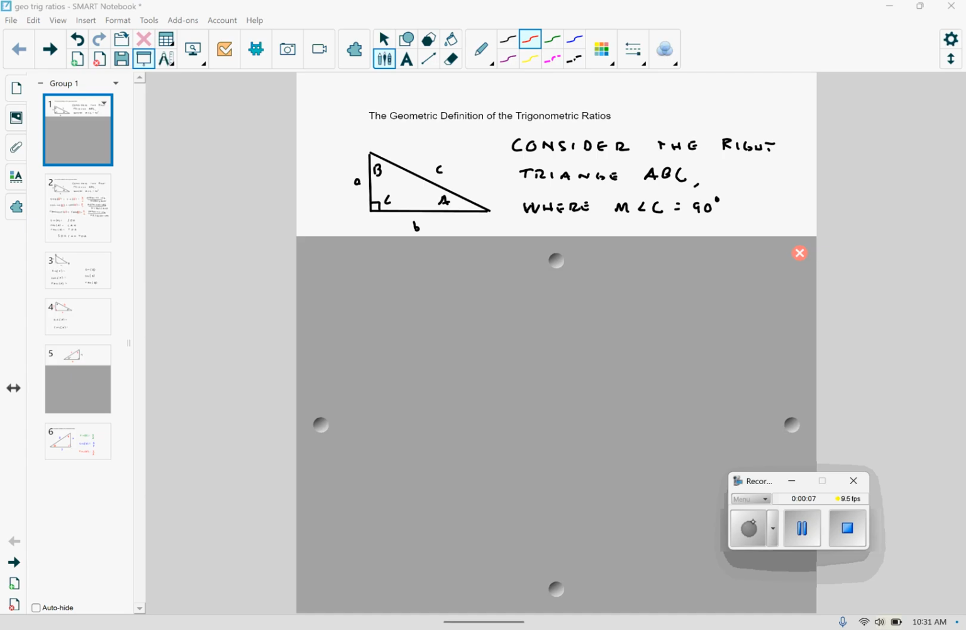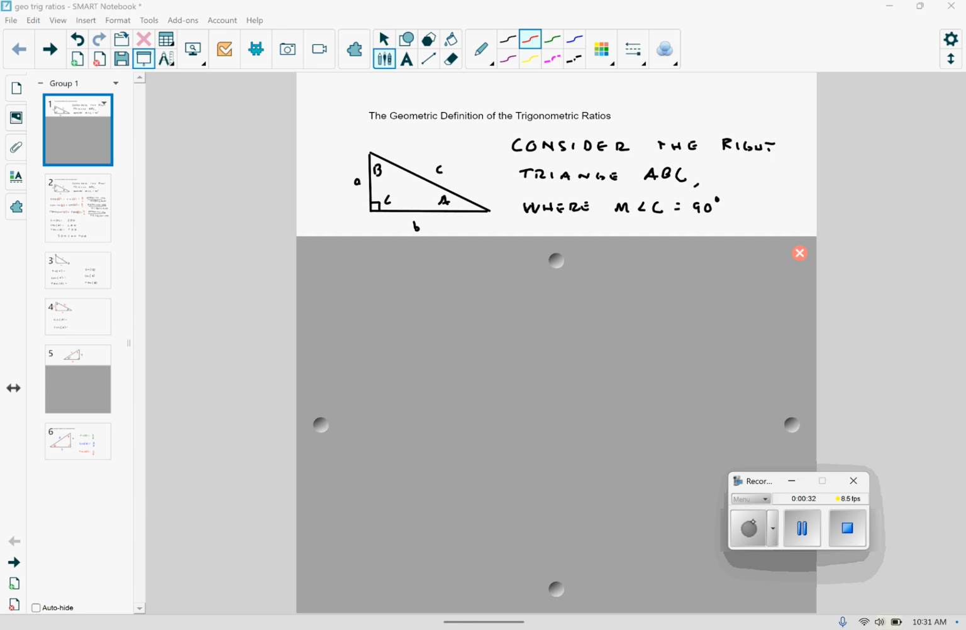Today we're going to review the geometric definitions of the trigonometric ratios. The trigonometric ratios have been around for, golly gee, probably 1500 years before Christ. So it's certainly not a new concept. And we are about to embark on this class